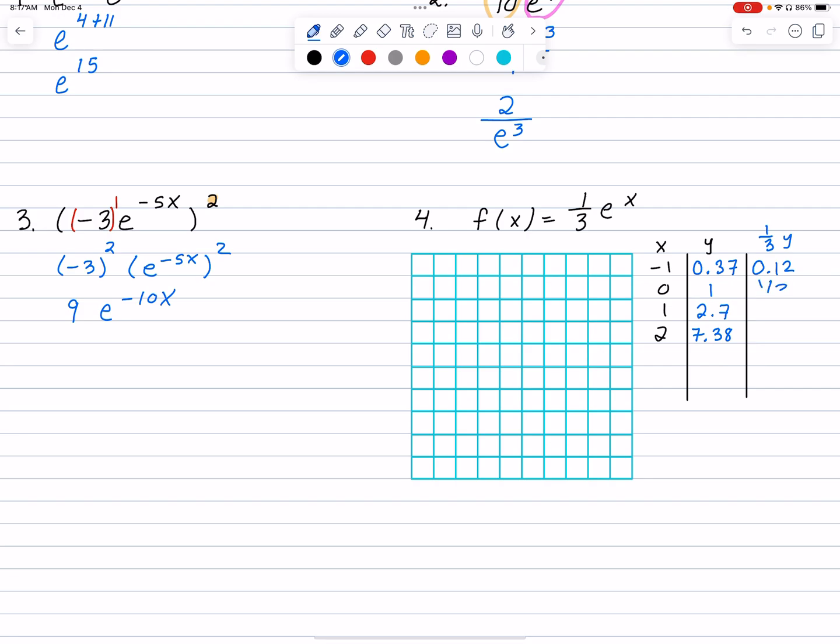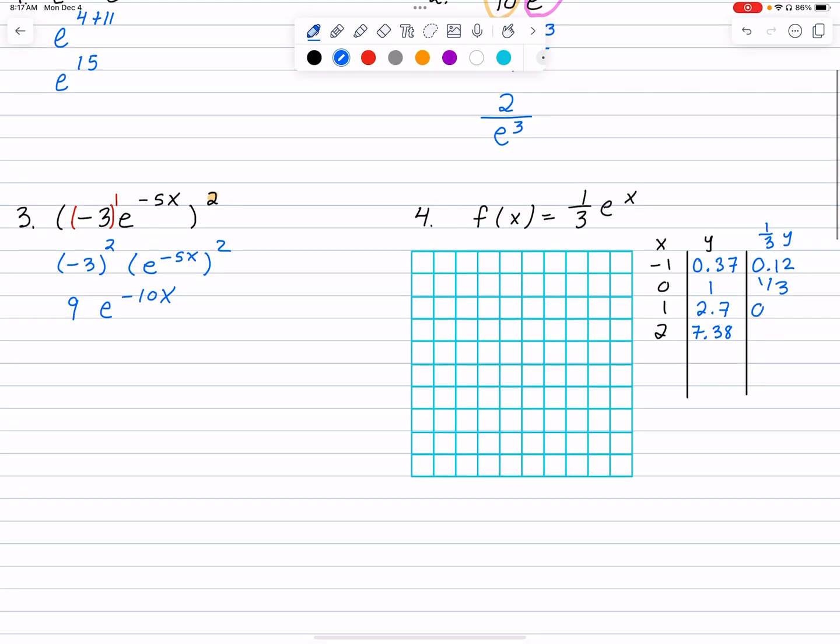1 times 1/3 is 1/3. 2.7 times 1/3 is 0.9. And then 7.38 times 1/3 is 2.46. So when we go to graph this,